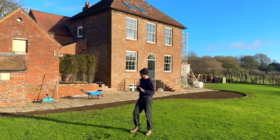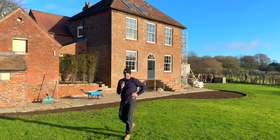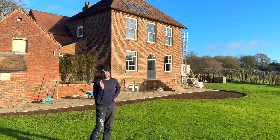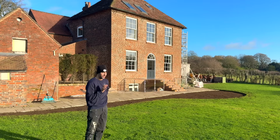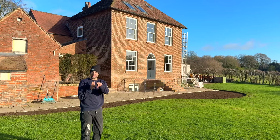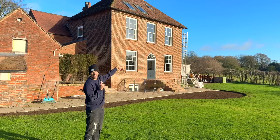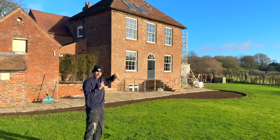I think it's all prepped. I feel like the hardest job is done. Now I can start with the grass, that's the most exciting and rewarding, because it suddenly changes. So I'm gonna put you here with a time lapse so you can just see me doing it fast. I'm gonna put some music and I will get Dean to put the drone up so we get some really